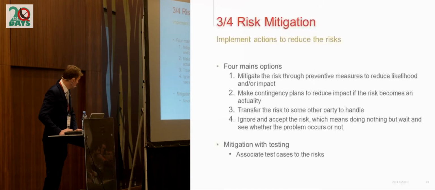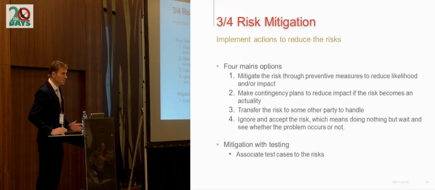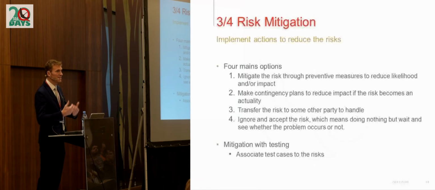And the last option, option 4, which looks like the easiest, is to decide not to do anything with the risk. So deciding to do nothing is a decision, actually. It looks very easy, but it happens. The following situation happens quite often, actually. Sometimes you have a risk, and you know that it will be more expensive to try to mitigate the risk than dealing with the risk if it occurs in production. So in that case, okay, you see there's a risk, but you decide not to do anything.